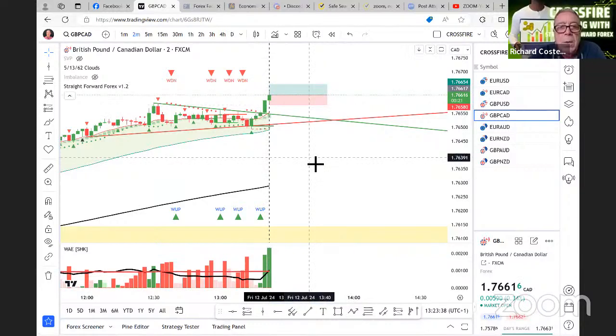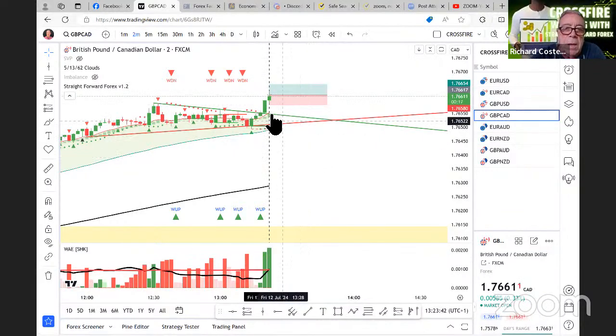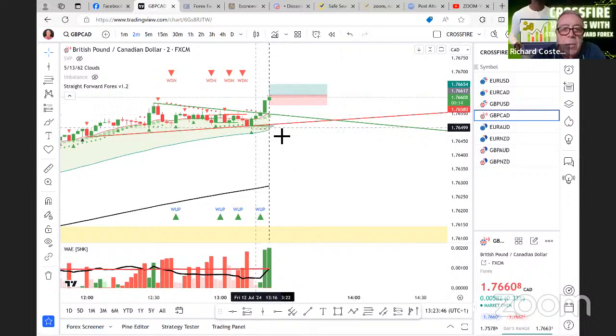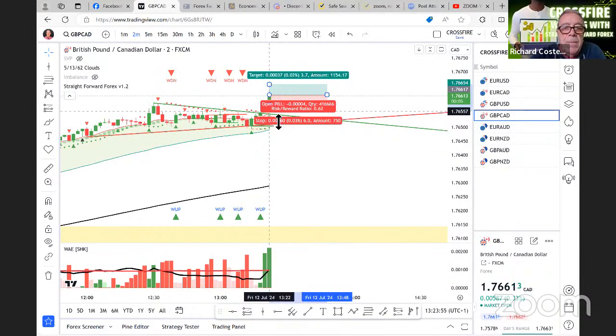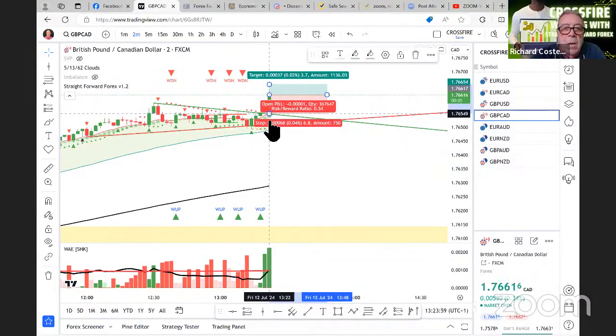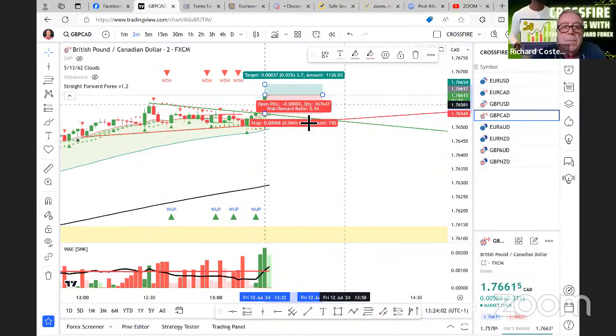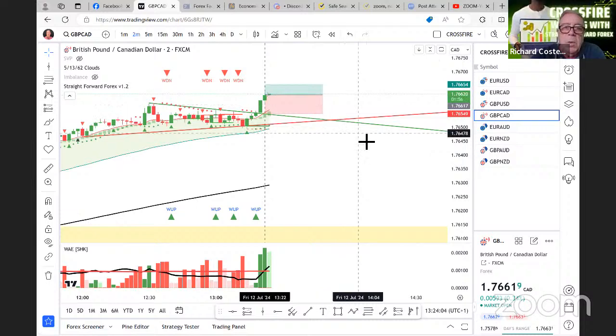Now, where does my stop loss need to be? I've got two choices. I can put my stop loss on the green line, or I can put it on this green horizontal line, which is showing me the bottom of that engulfing candle. Now on GBP CAD, I need about 5 pips, so I'm going to put it on that green trend line. And then I'm going to